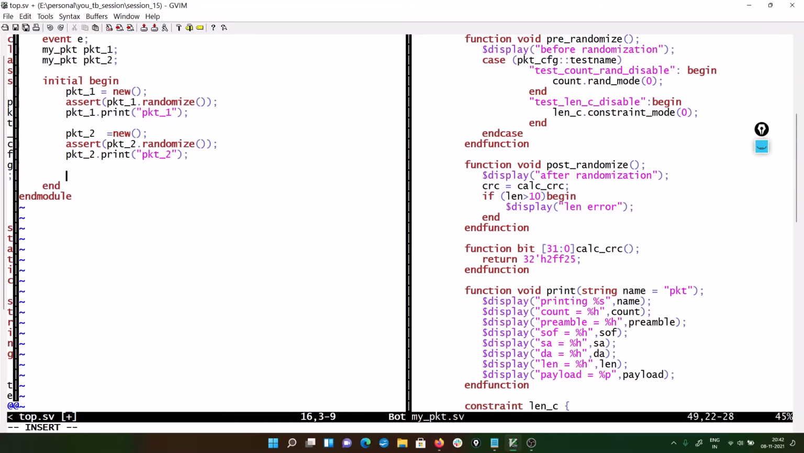and let's write if begin end, and let's write if pkt underscore 2 dot compare pkt1. Okay, let's write dollar display, that is match, or we can write fields are matched,